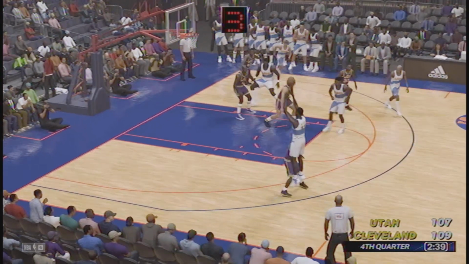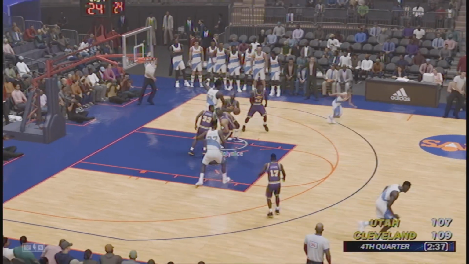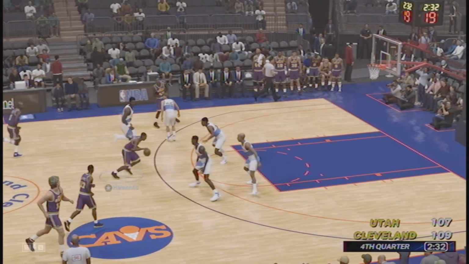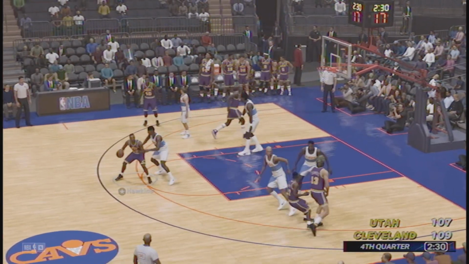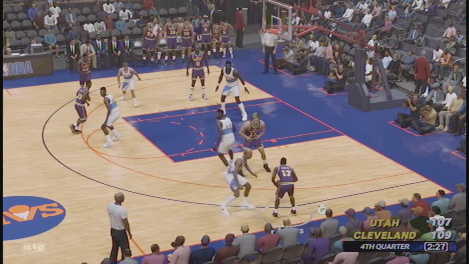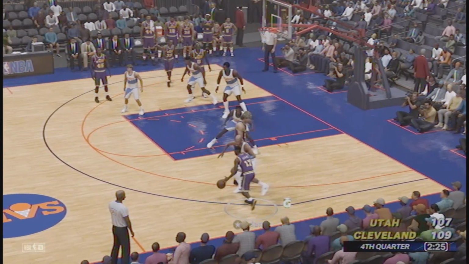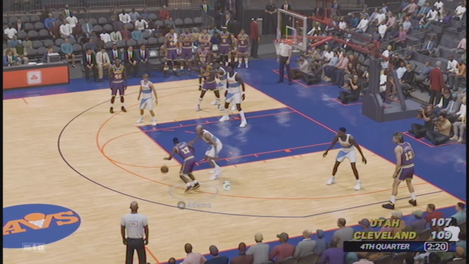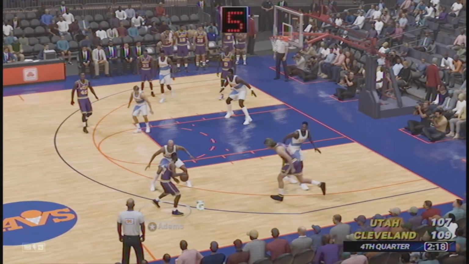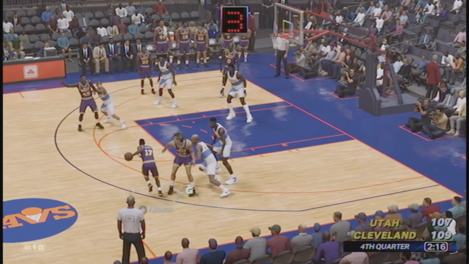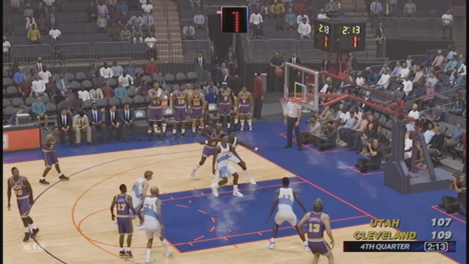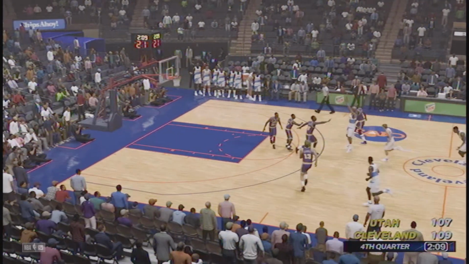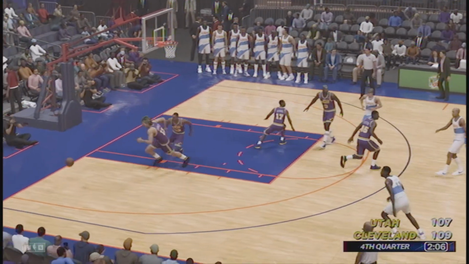Hesitating. Waiting for inspiration. He throws up a 3. Doesn't make it. Jazz have a chance now to tie this game. Hersey Hawkins with the ball, passing it to Michael Adams. They could take the lead with a 3, but Michael Adams decides against it and can't get past Reggie Miller. Reggie Miller with some really nice defense on Michael Adams. Michael Adams throws up a shot, contested, rebound, Ralph Sampson, and the Cavs. Reggie Miller? No, what is he doing?